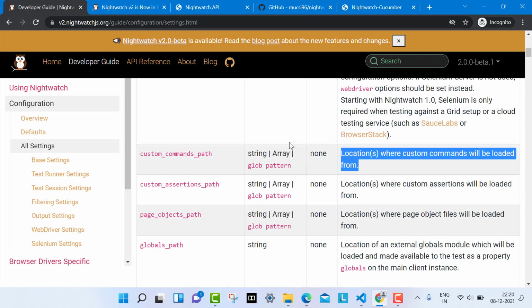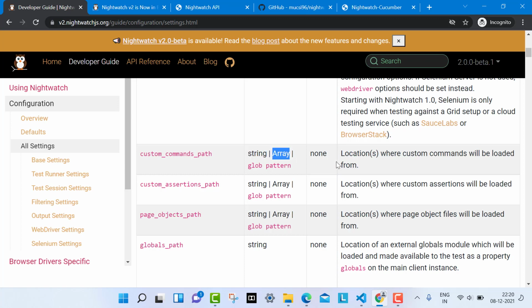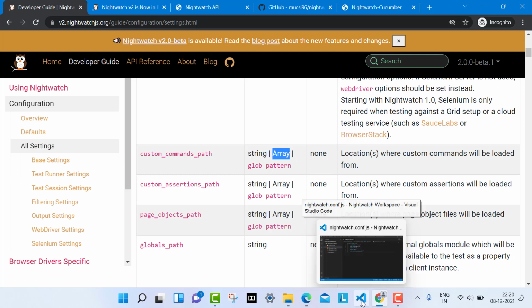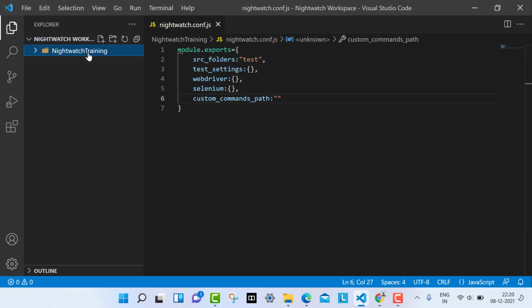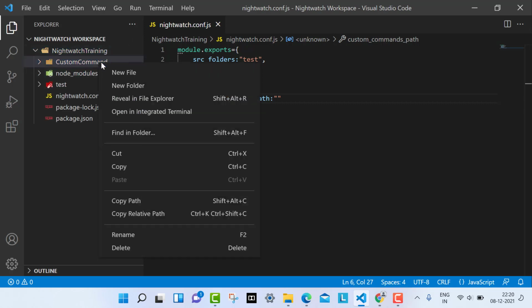So the custom command path could be either a string or an array. So let me create a folder called custom command. Okay, so I'm going to create a folder called custom command.